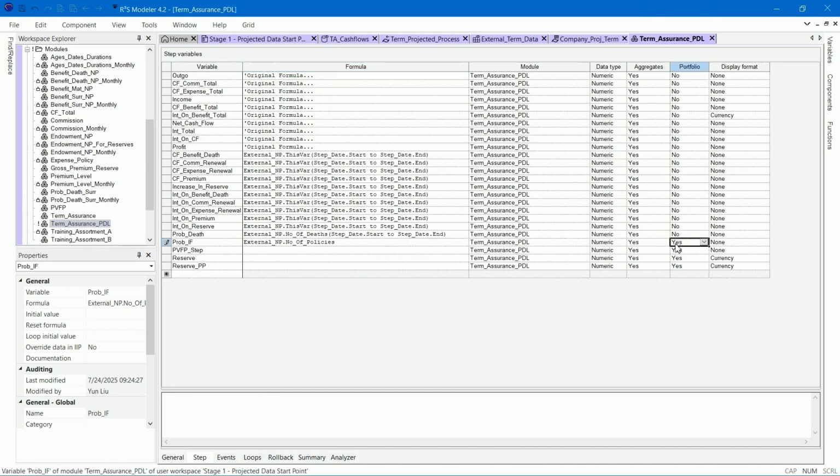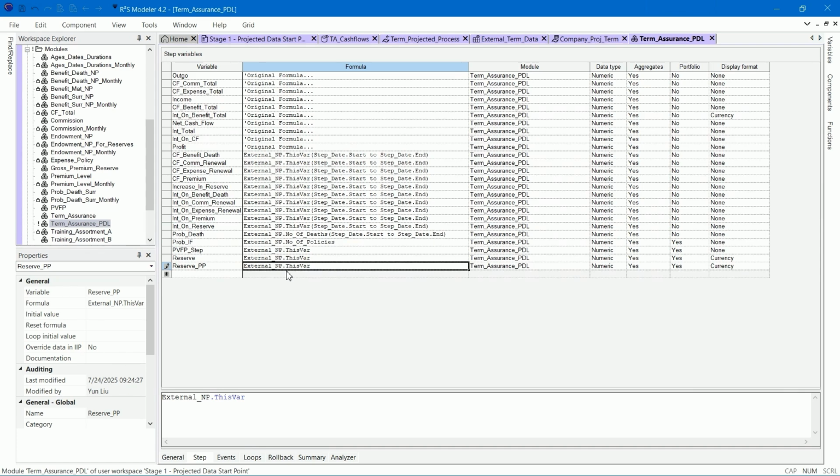For other portfolio variables, the formula is simply external_np.thisVar. So we can simply copy and paste the formula to the remaining variables. Now we have completed the step variables.